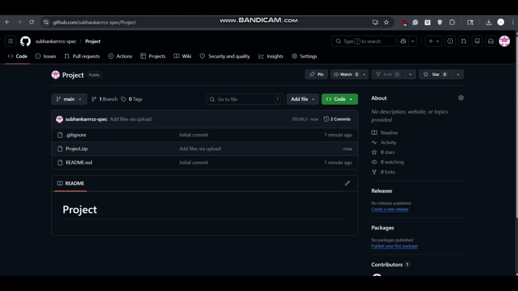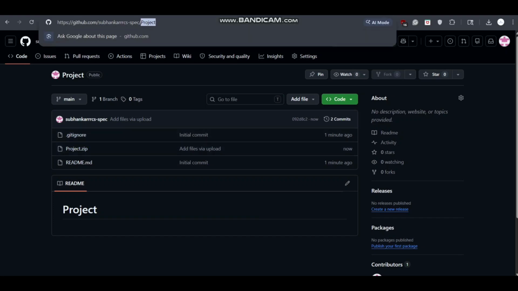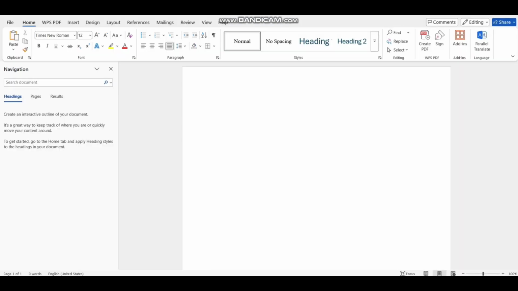So simply you need to click on here, and you need to copy this particular link, and then go to your report, and then type the GitHub link, and then simply paste, and then hit enter. It will automatically convert the link to a clickable link,